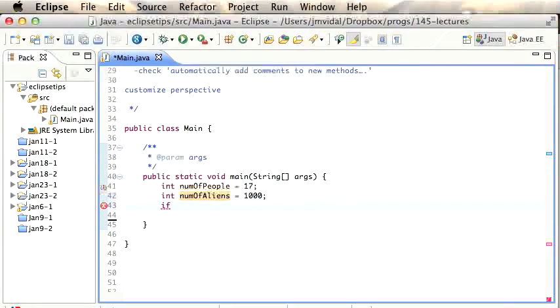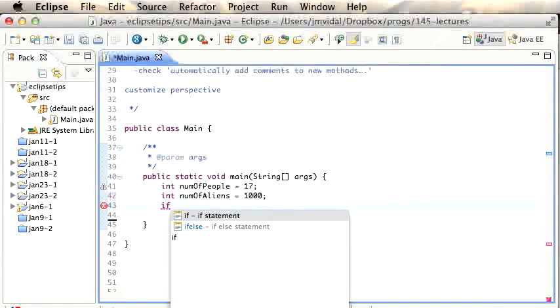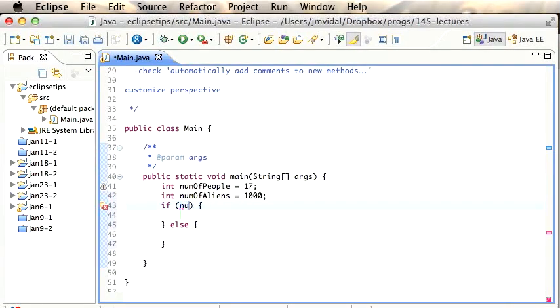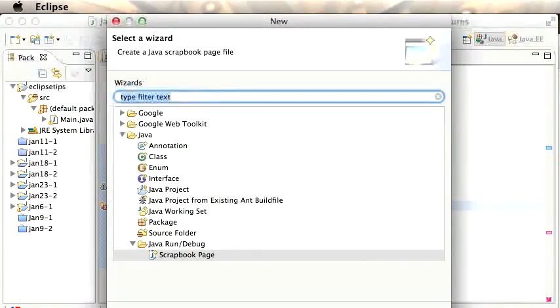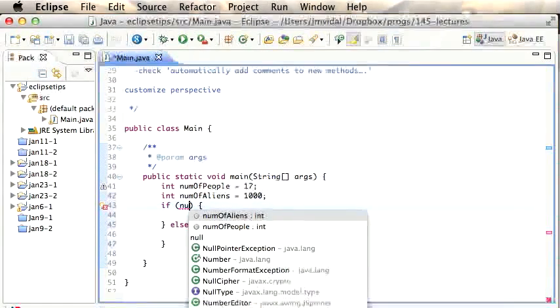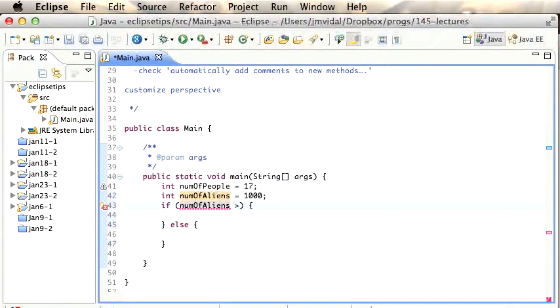Also, if you're typing an if-then statement, you can type if, content assist, and again, it gives you the option: do you want a full if with the curly brackets, or you want an if else. This is a nice way to write this. You can say, well, the number of aliens is bigger than the number of people, right? I'm just content assisting all the way. Then I can say,